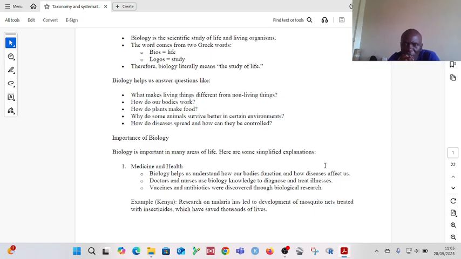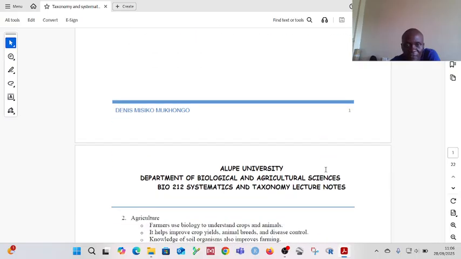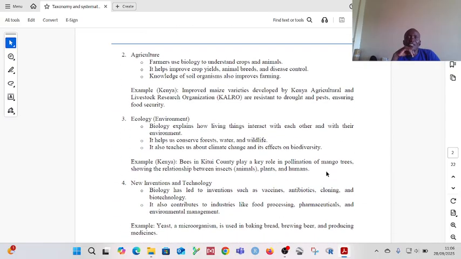In Kenya, an example we can give, there has been a lot of research on malaria. Through this research, important developments came about. One of them is in prevention, where now mosquito nets are used, and these mosquito nets get to be treated with insecticides. These insecticides that are put on the mosquito nets can either kill the mosquitoes when they touch or they repel them. So through this, thousands of lives have been saved. The other importance